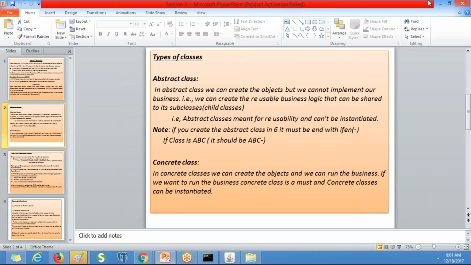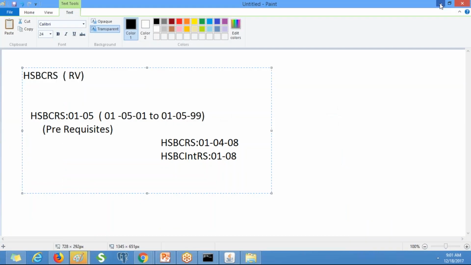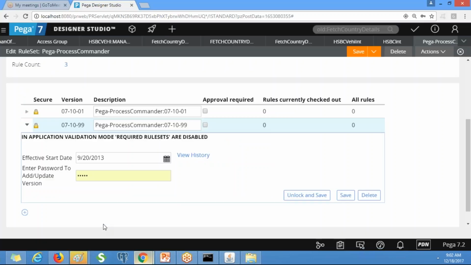We have four types of rule sets, and we did them practically except branch. Branch is only for parallel development, so we will work on that later. Generally clients don't use parallel development. Branch rule sets we define in the application itself.